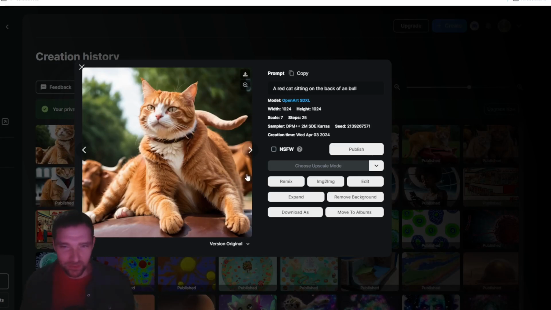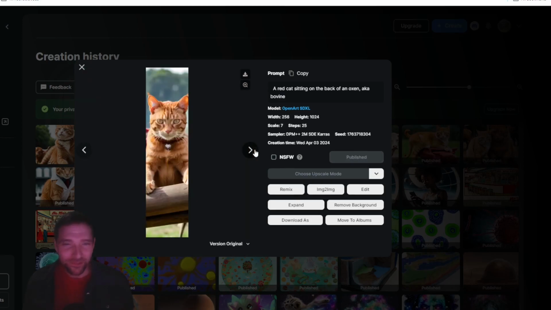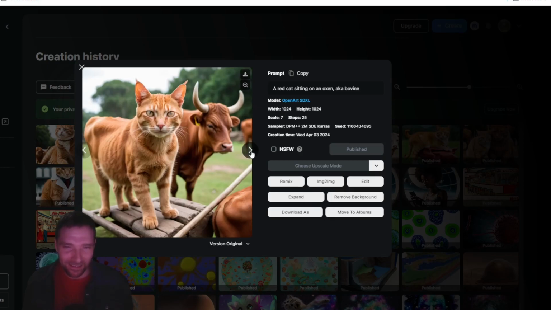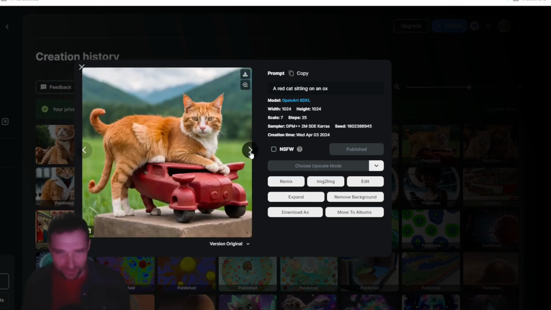So here we have some images that will help you with a red cat on an ox. This one's okay, but it's a very red ox, so it's kind of weird. But AI was having a hard time getting a cat on an ox. This one looks like they're almost sharing like three legs. It was a little bit weird, some of the AI generated images that came up, but hopefully the weirdness helps you